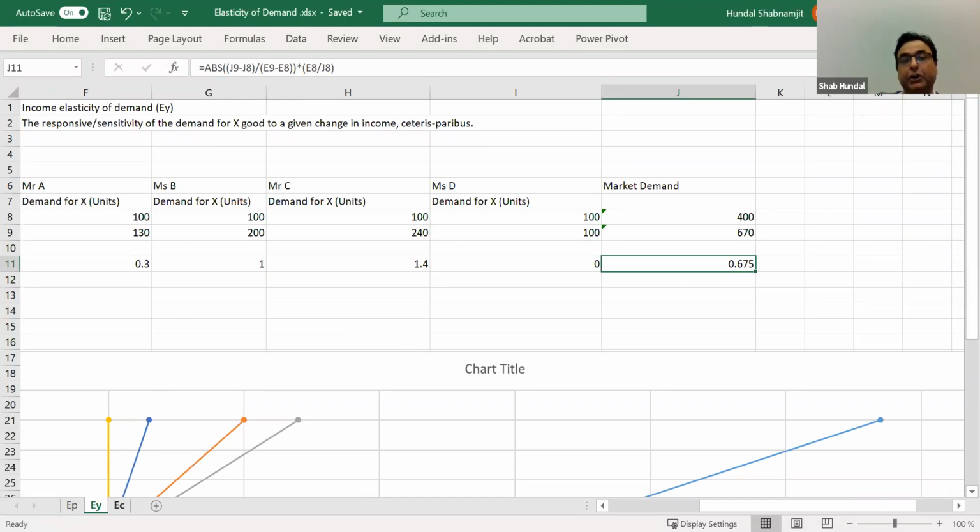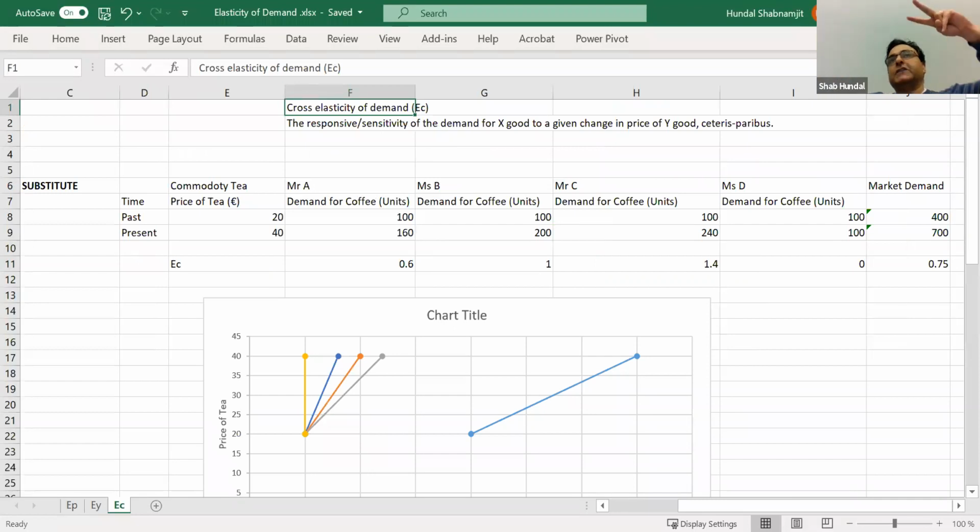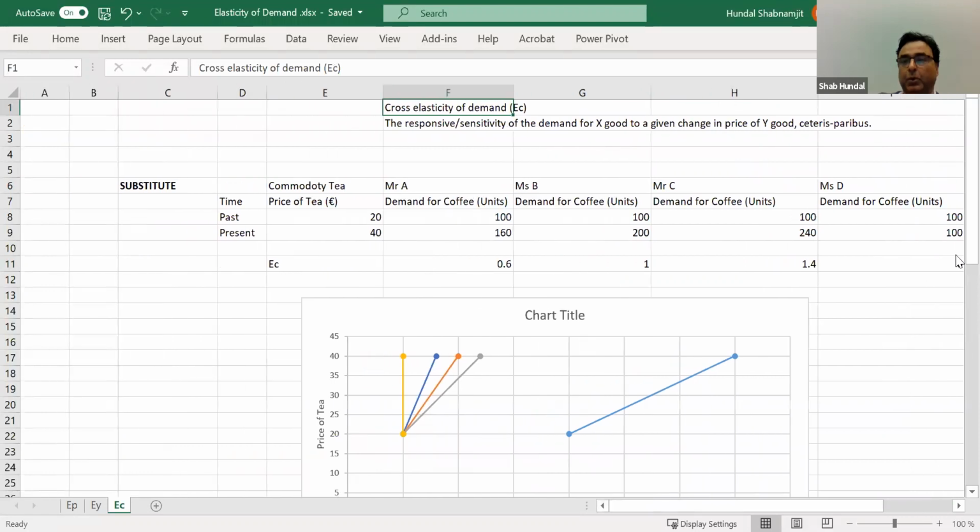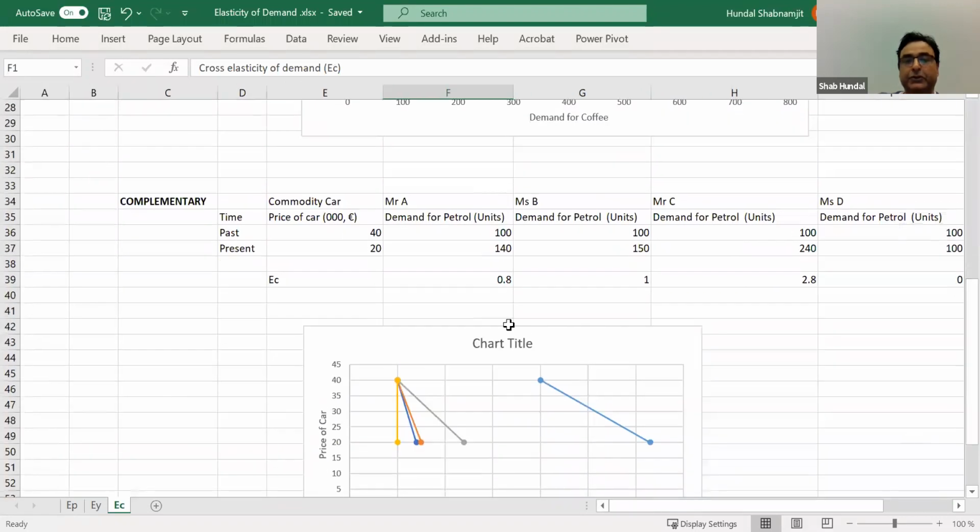Here, I'm considering cross elasticity. Cross is of two types. Substitutes, when the products fight for each other: you have one, you don't take the other, so you have to make a choice between the two. But then we have the complementary products, which if you consume more, you have to consume something else more also. Like when the price of car falls, you buy more cars, but then in the process, you have to consume more diesel or petrol also. That's the idea.